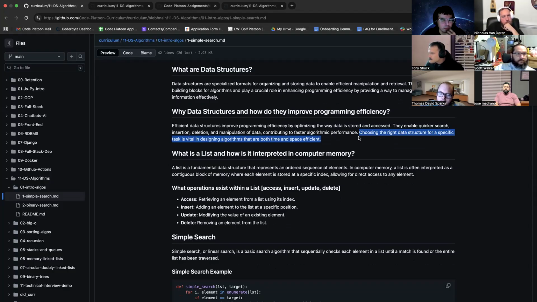Out of the three problems, actually all of them demonstrated this. Can anyone give me an example of one of the three problems we did yesterday that exemplifies this right here? Choosing the right data structure for a specific task is vital in designing algorithms that are both time and space efficient.